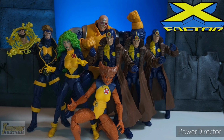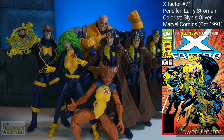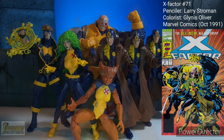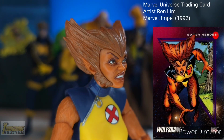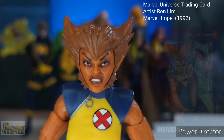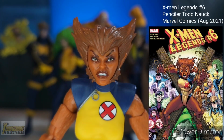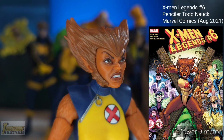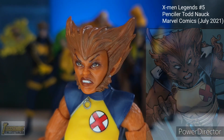Here it is, the most anticipated action figure, top of the wish list of most collectors, the new Hasbro Marvel Legends Wolfsbane, finally with her X-Factor teammates. In my research, I believe this new Wolfsbane action figure is based on the art of Ron Lim for the Marvel Universe trading cards. Hasbro did a good job using photoreal to create a Wolfsbane with a very angry facial